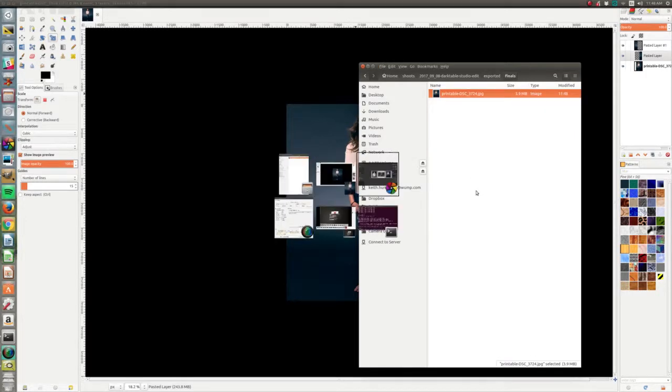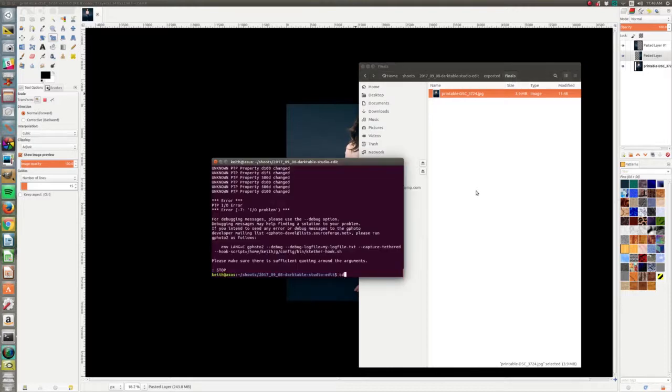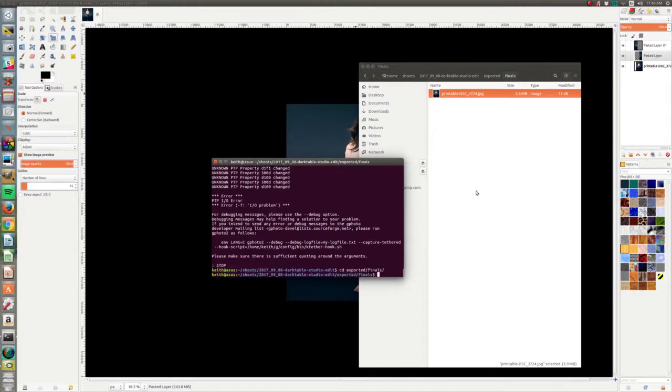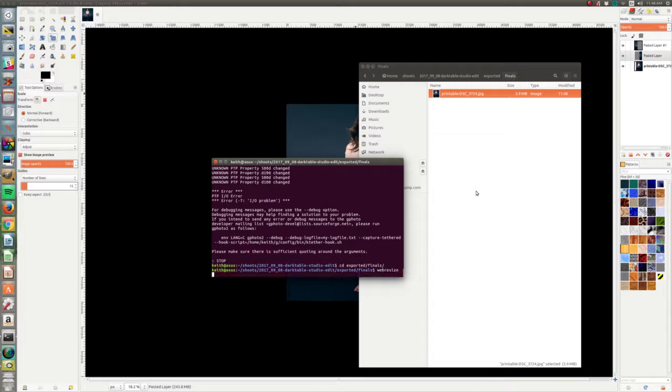And then just for fun, go to export to finals, web resize, which is another script I have. That is resizing that as a 2500 wide on its maximum size. So if you're a Ubuntu user and you want to have a look at the scripts that I use for